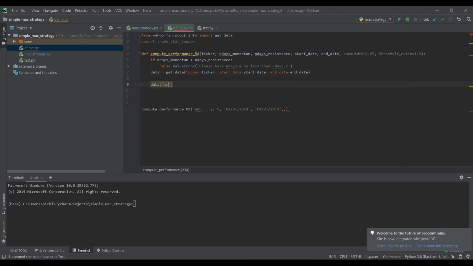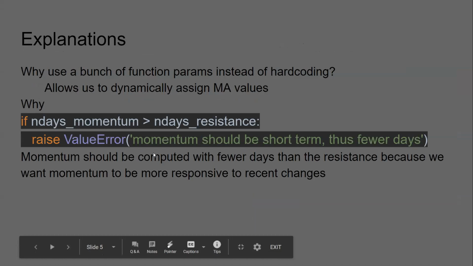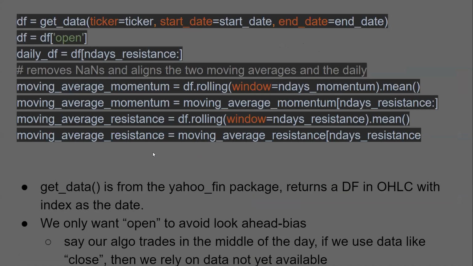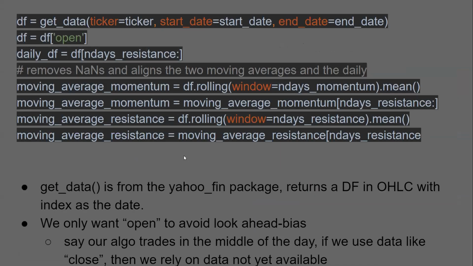Let me explain this. So we only want to get the open data because the data we get is in OHLC